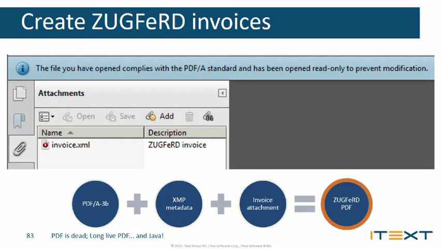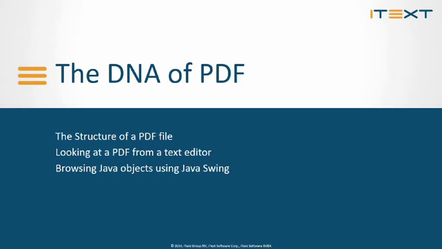The end result then is we again have the blue bar saying this should be a PDFA file. And in the attachment pane, you can see we have an invoice.xml attachment, which is described as ZUGFeRD invoice. You can double-click this invoice, open it in an XML viewer, or your software can extract this information automatically and process it in any way that your invoicing needs to be processed.